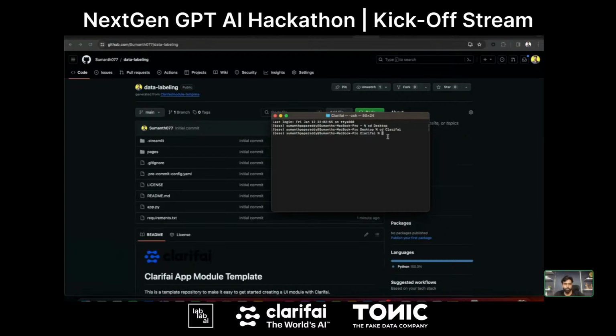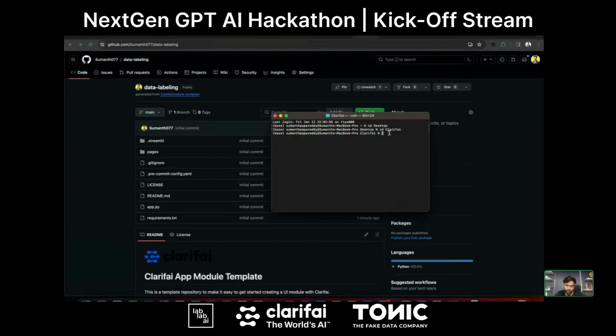Now let's try to create the repository. Let's clone this repository here. You can see I just changed my path on my local machine to where I need to clone this repository, and then you can initialize Git.